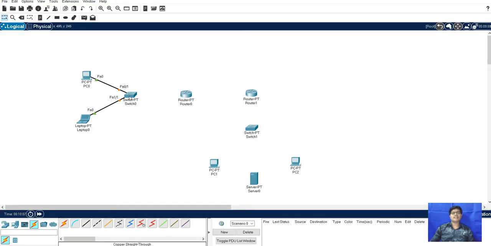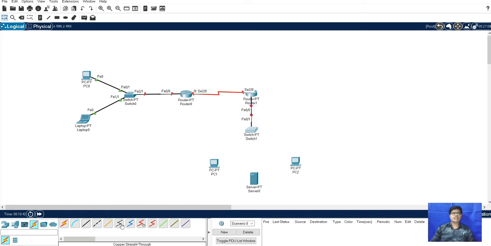We can take crossover also or straight-through. I am taking straight-through. Next, from router to router, we will need this cable or this serial also. Both we can use. I will be taking the serial, from serial to serial. So this will be serial. Next, we will configure this.